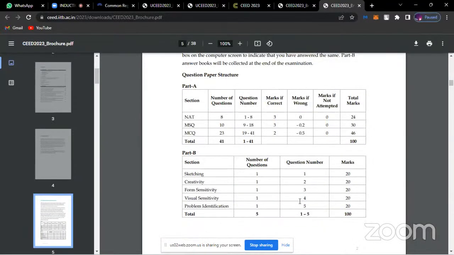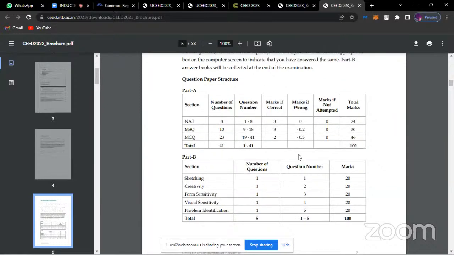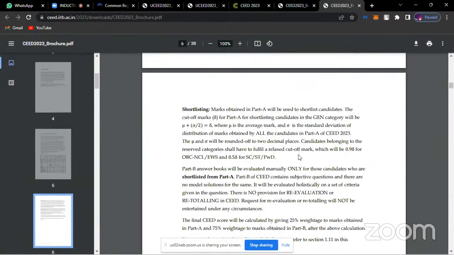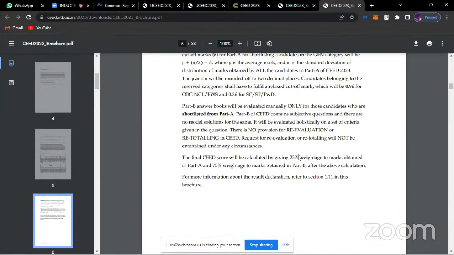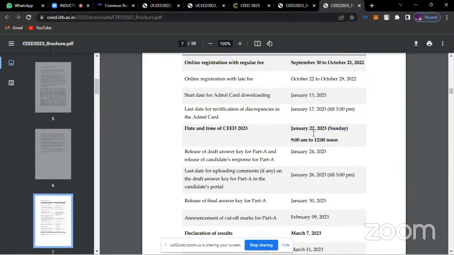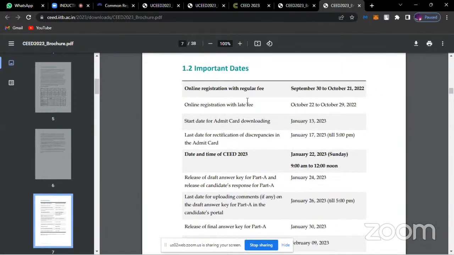So over here you already know what type and number of questions there are, and what the negative marking is. Just go through the information brochure properly and you will get each and every answer about the question again. All right. So it's the same process over here, nothing new, nothing different.